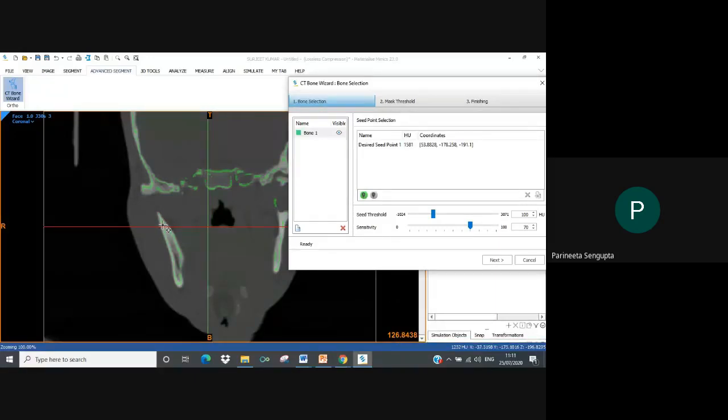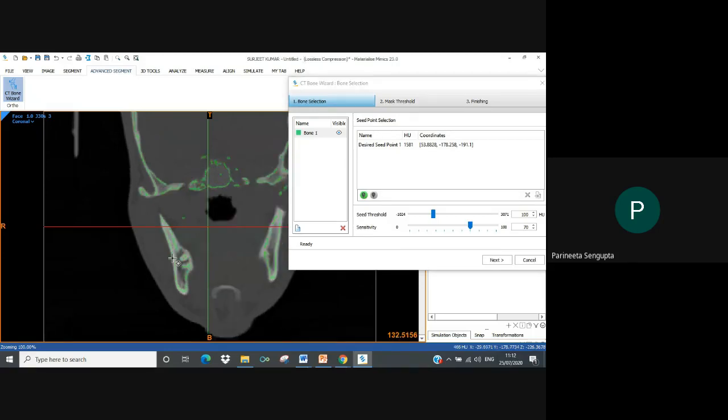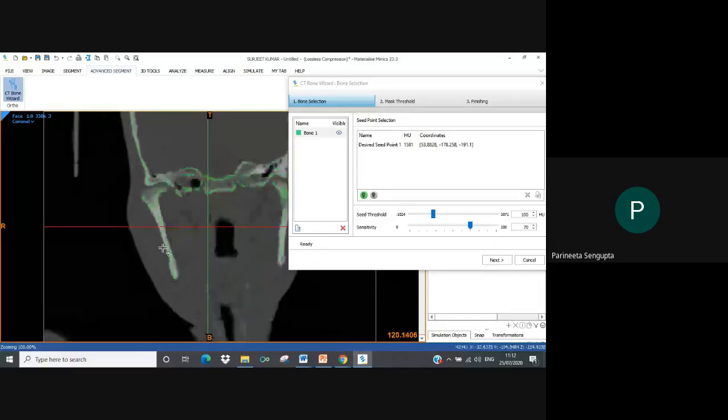It will first consider 70 pixels around it, then it will consider another 70 pixels around the same circle. So the circle keeps on increasing, basically your range keeps on increasing, and that is how the entire bone will get selected. If you can see here, the bed side that you are seeing is not selected. So it is appropriate only for bone models.